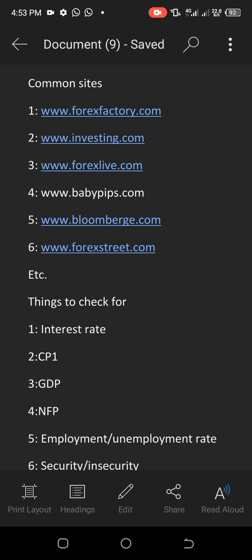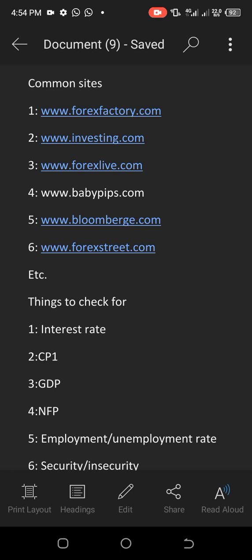Now, what is this all about? It is using economic data to forecast or foresee the future, what could be the result or the outcome, the strength or the weakness of a currency or a stock, metals, whatsoever you trade in the future or presently, using economic data to analyze the market. That's what fundamental analysis means. And under this fundamental analysis, we have the breaking news. We have so many types.